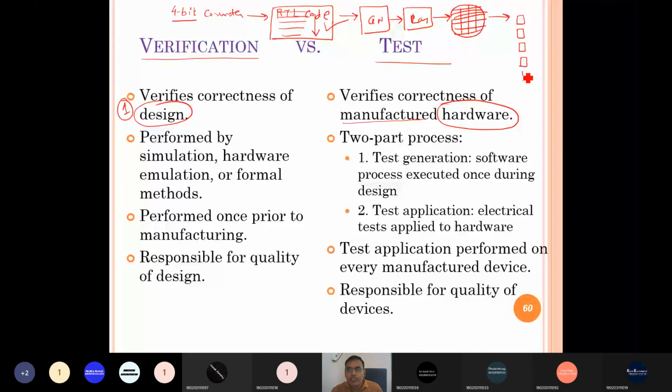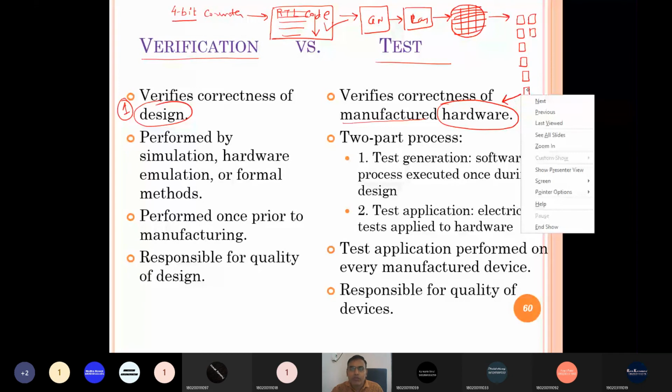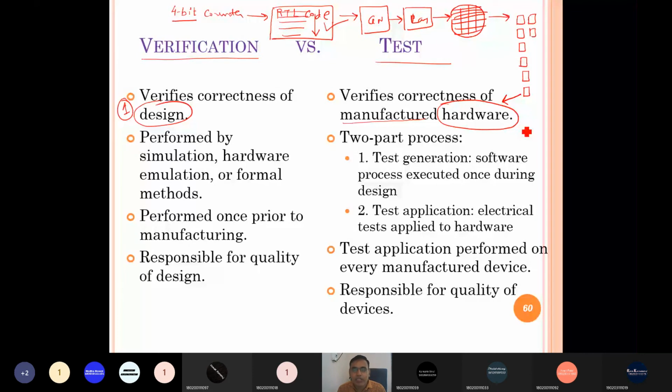Each IC performs the same function, a 4-bit counter, but in testing we have to test each manufactured device. So verification is done one time for one design, but testing has to be done as many times as the number of chips we manufacture. That is, verification checks the correctness of design, and testing checks the correctness of manufactured hardware.